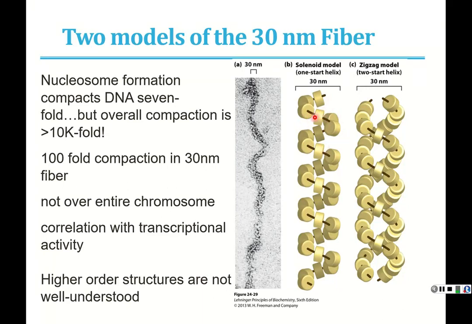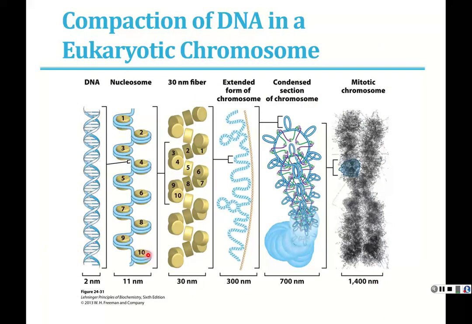So remember this dark brown strand is DNA. It's in a helix and it's getting wrapped around these histone proteins to make nucleosomes. So that helix is also making a helix around itself. If we look at these different orders of structures, we have, starting with DNA, the double helix. That DNA double helix is wrapping around histones to make nucleosomes. If we look at the size of that, that's about 11 nanometers. If we have those wrapping and making a helix around themselves,